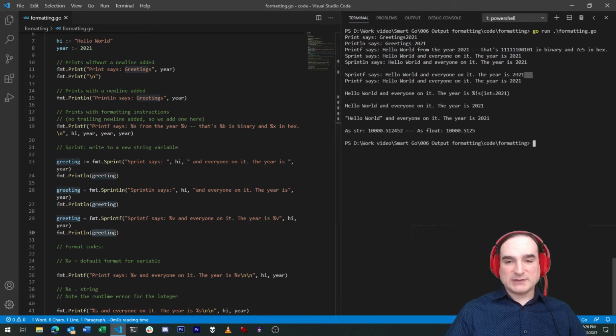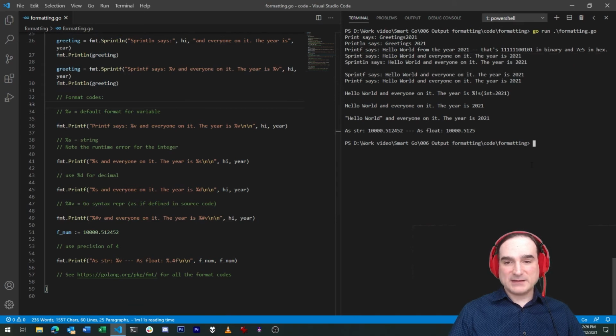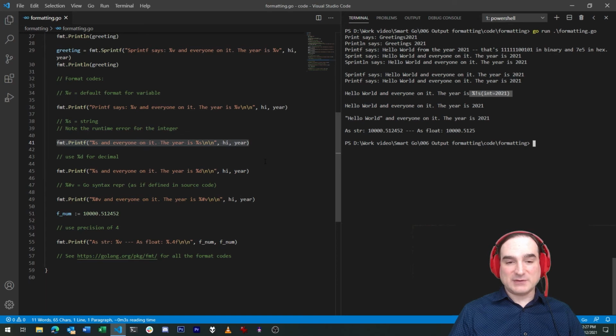The format codes that we use in Go, you may have noticed by now, are similar to, although not exactly like, the format codes that are used in C, C++, and other languages that borrow from them. If you use the %v code as a format, that is assigned to let the Go runtime use whatever the default string formatting is for that particular variable type. If you say %s, that explicitly renders as a string, and %d explicitly renders as a decimal in base 10. You'll notice that when we used %s and we supplied an integer, we got an output that indicated a runtime error. Printf was expecting a string, didn't get one. So whatever variables you use to go with these codes, they have to match the same type.